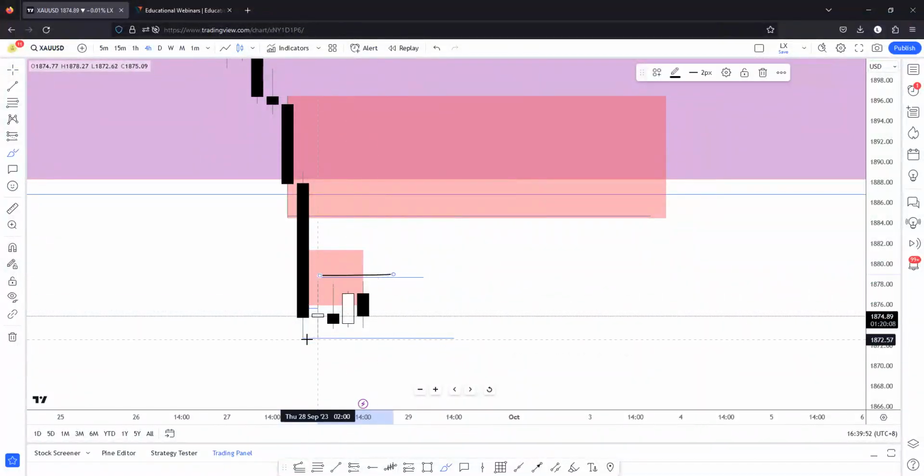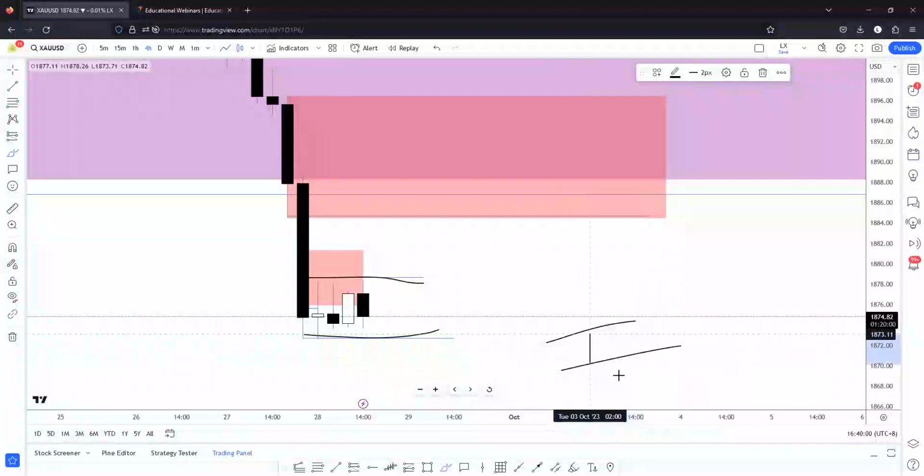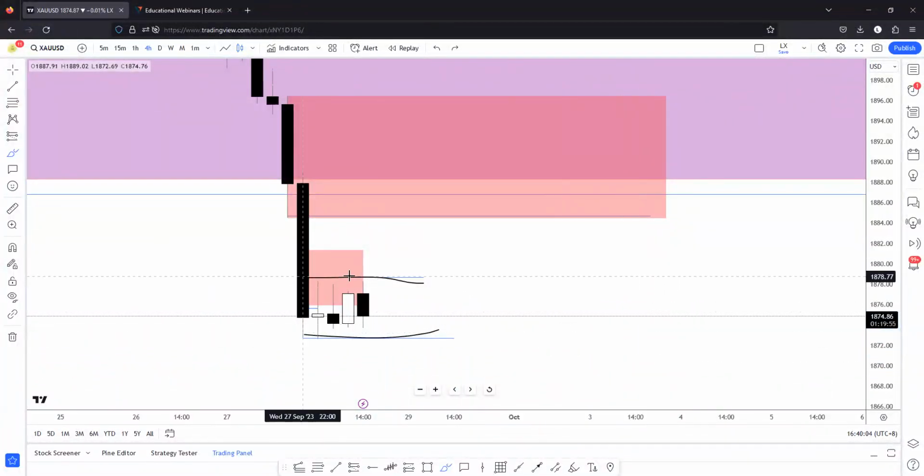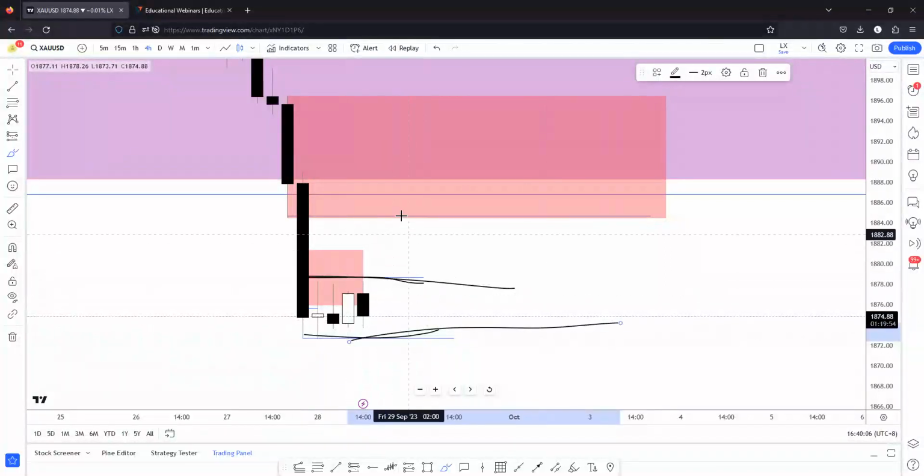If price breaks and closes to the upside here, if price breaks and closes above, it creates a potential demand. So think of it like a range that price traded within, and we're seeing a break and close to the upside. This area creates a potential demand. Again, if price comes back into this region, this whole pullback will be accompanied with lower lows and lower